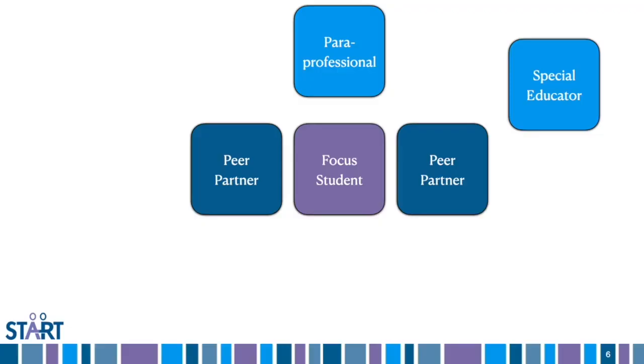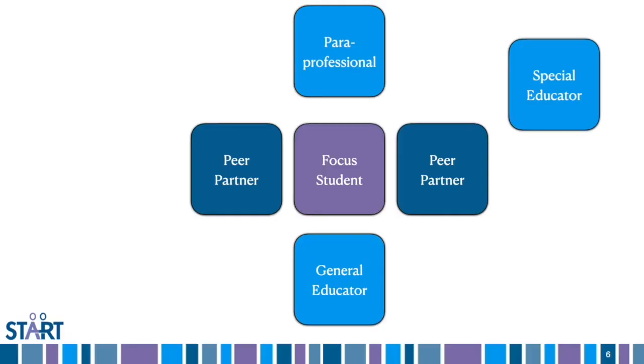General educators also have an important role by helping identify peer partners, assisting in their orientation, and supporting students as they work together collaboratively. But they should also implement good inclusive practices by embedding collaborative learning activities into their class, by collaborating with special educators to provide accommodations and modifications, and guiding paraprofessionals to ensure they're promoting rather than hindering students' social participation and learning.